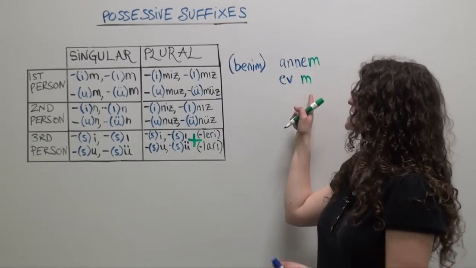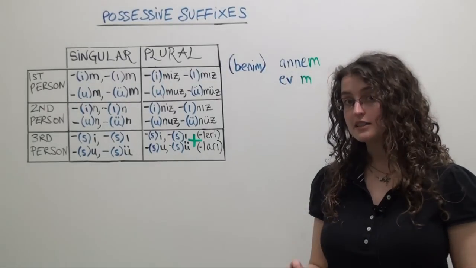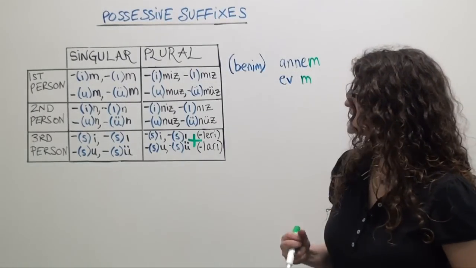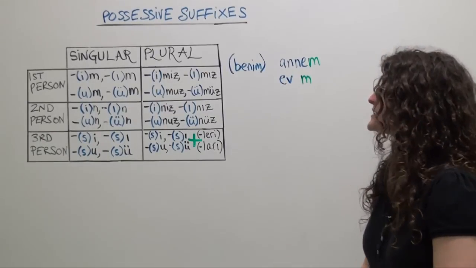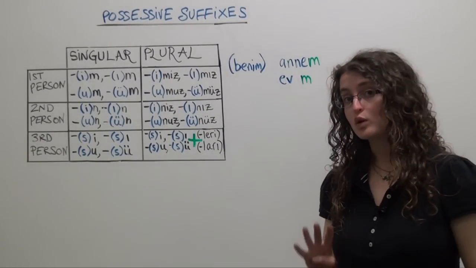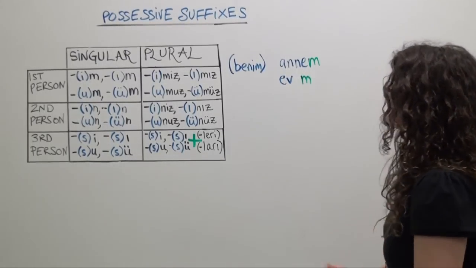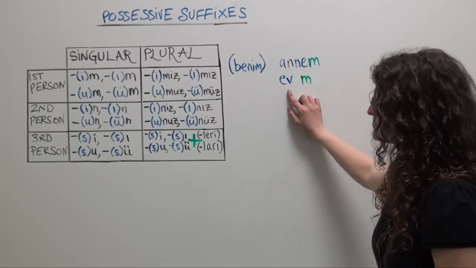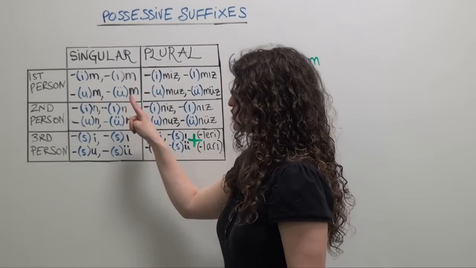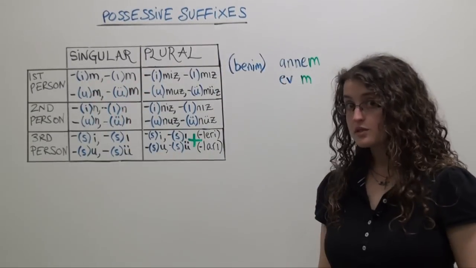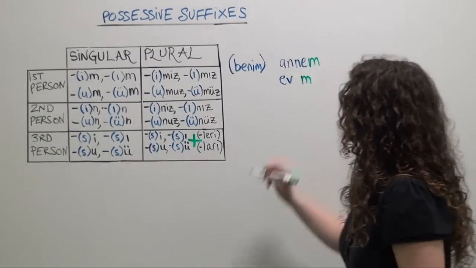But Turkish does not like to have two consonants next to each other. So we have talked in the past about buffer consonants. Now we're going to have something that we can almost think of as a buffer vowel. It's going to follow the same rules of four-way vowel harmony that you've learned elsewhere. So for ev, we have four options: im, ım, um, and üm. The rules of four-way vowel harmony tell us that for ev, we're going to use im.